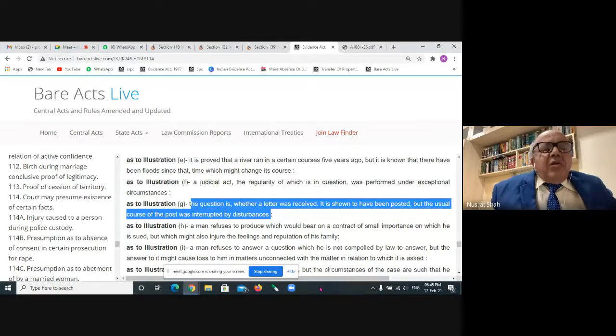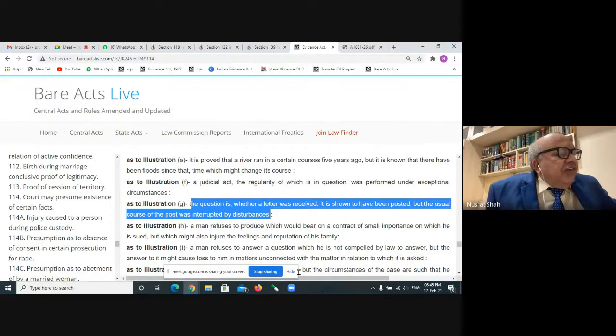But on account of disturbances, flood, or the COVID-19 situation, it has not reached in time. Normally, a registered letter reaches in about 7 days' time from Bombay to Delhi. It has not reached in 15 days' time due to reasons beyond the control, due to the pandemic. So the court may draw a presumption in that regard. Okay. Then as to illustration F,